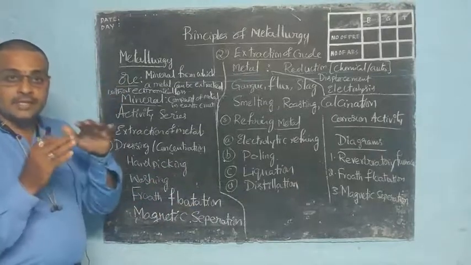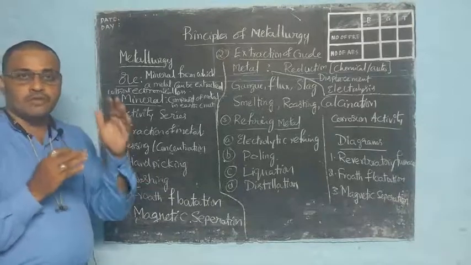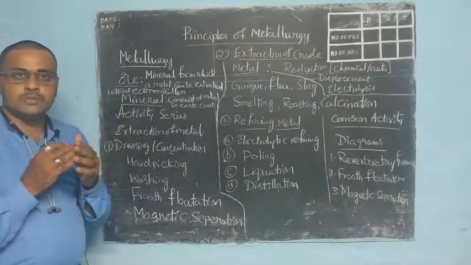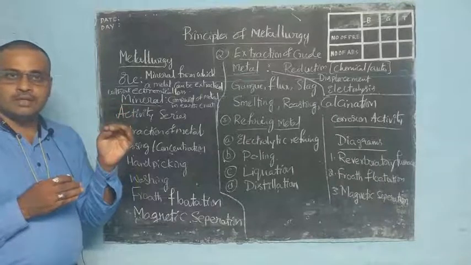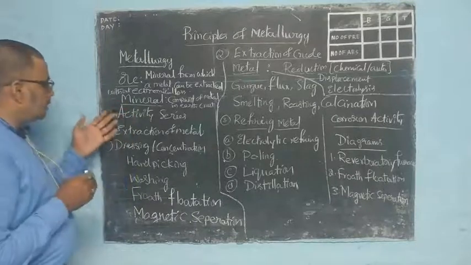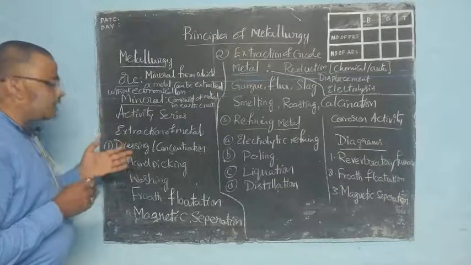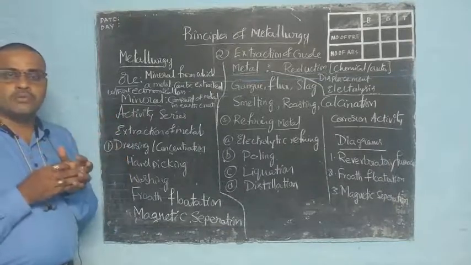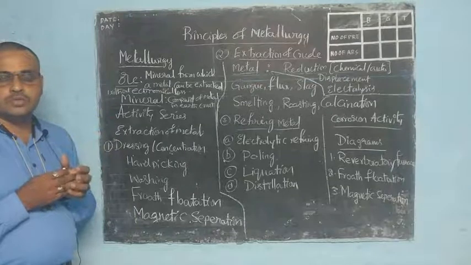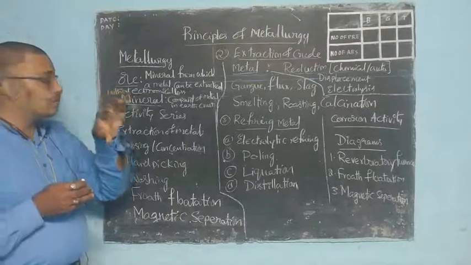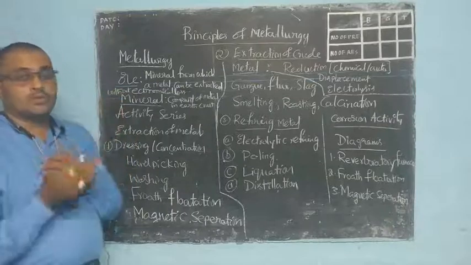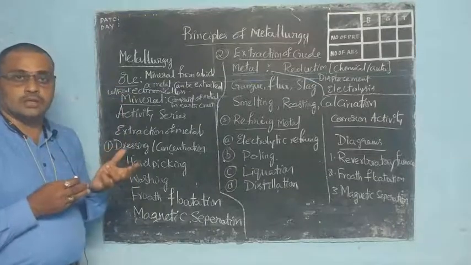That means I said combined forms and uncombined forms are available. In uncombined forms, some metals can be extracted, like copper, gold, silver, and mercury. And some materials are available in compound form, that means a combination of things. Those combinations are ores, and there are some ores like bauxite, cinnabar,